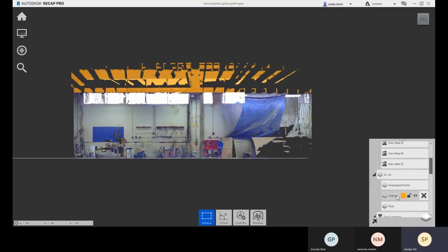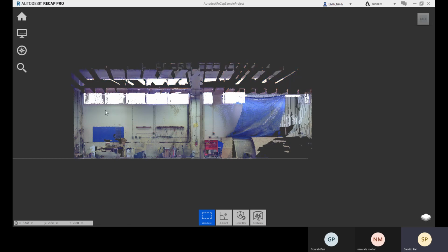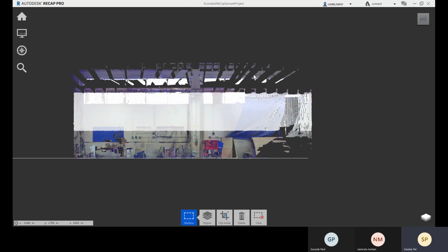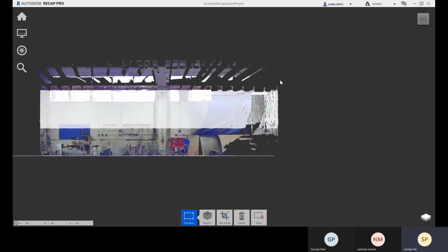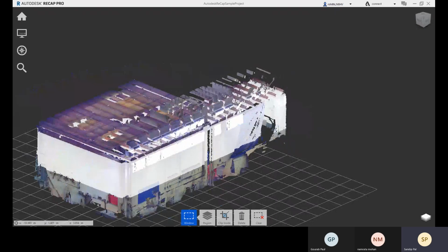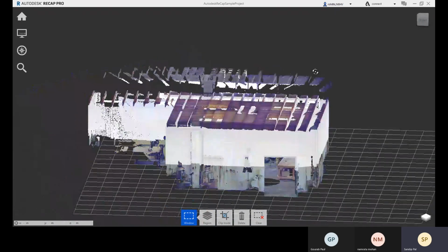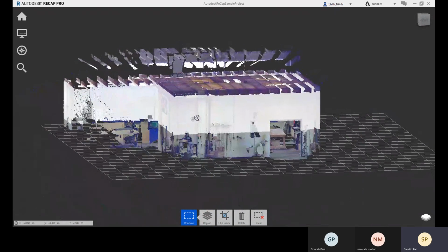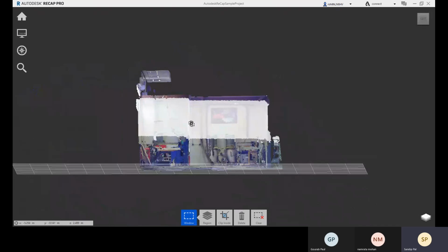And right now, if you need to lock this region, you can lock this. So whenever you are selecting anything, those points will not be selected. Okay, so you will not be working with that. So the remaining will be selected. Can you see?